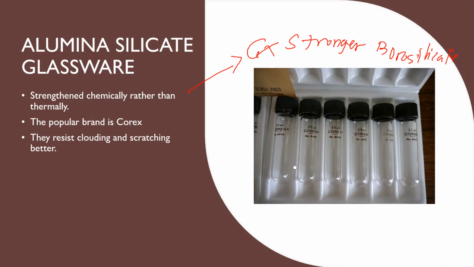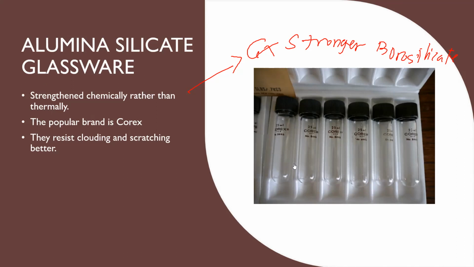Kanina, si borosilicate glassware, if we're going to compare, balikan natin, let's recall. Borosilicate is common pero cannot hold alkaline solutions because it can lose its calibration, leading to the loss of the integrity